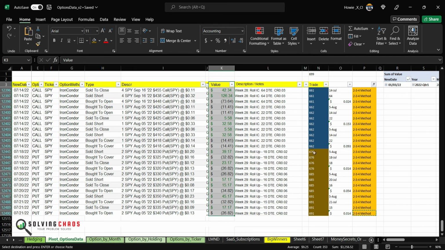For this week, if you look at week number 29, all I did was I've been rolling up and out. I'm sorry, I've been rolling up, but this is the put side and it's the untested side. What happened is the SPY hit close to 4,000 points, which means these puts are getting further and further away from the market price, and there's no way they're ever going to expire in the money. So I roll it up and out for a little bit of credit, and if you see, it's not a lot.